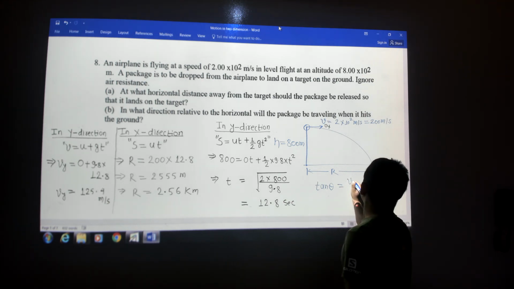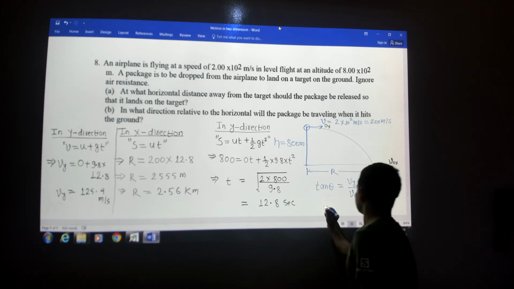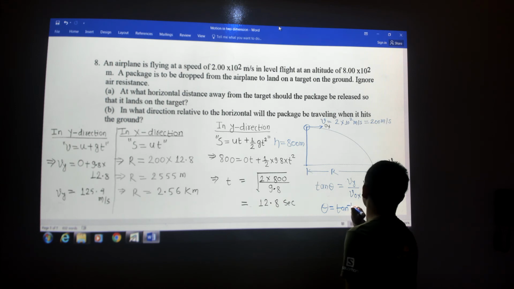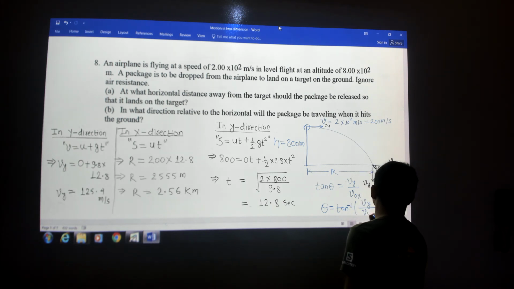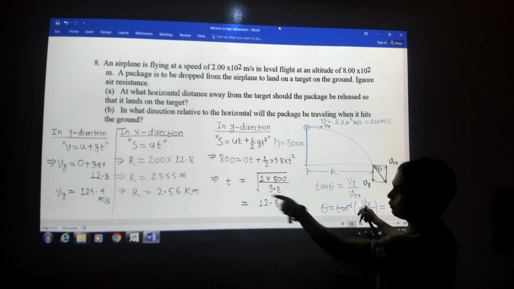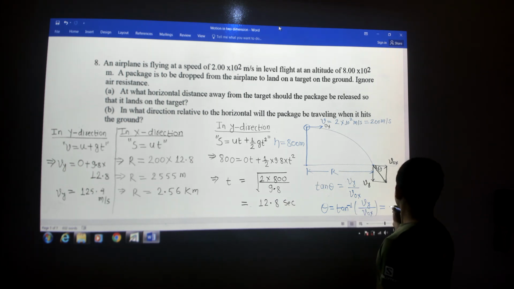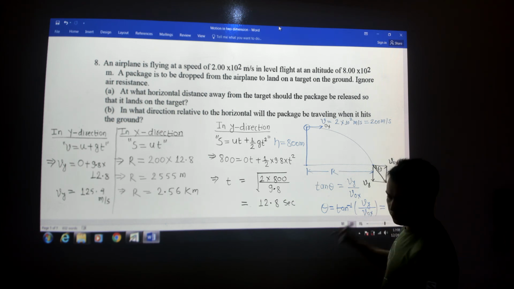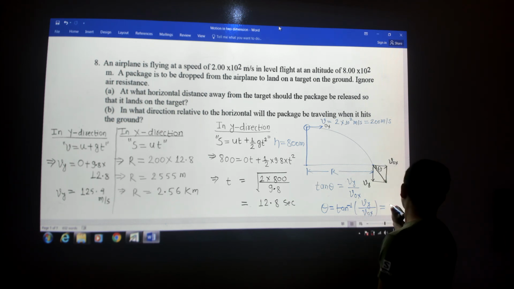So theta is simply equal to tangent inverse of Vy over V0x. Plug in all the values, with Vy being 125.4. I don't have much space here, so just plug in the values and use the calculator. The answer you will get is 32.1